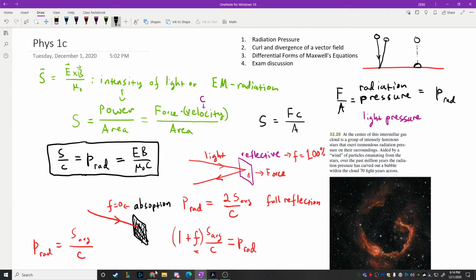Also, it's aided by the wind of particles. The sun is streaming out something called the solar wind of charged particles that go throughout our solar system, and they actually have the effect of sweeping the solar system clean, which is kind of cool. They sweep the solar system of gas particles and dust particles and stuff like that. But